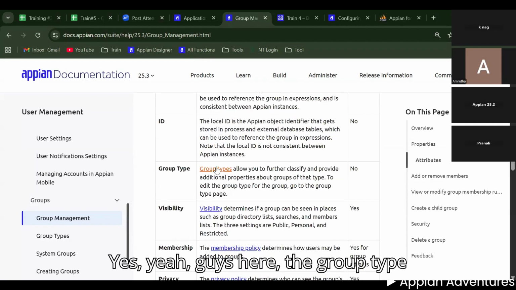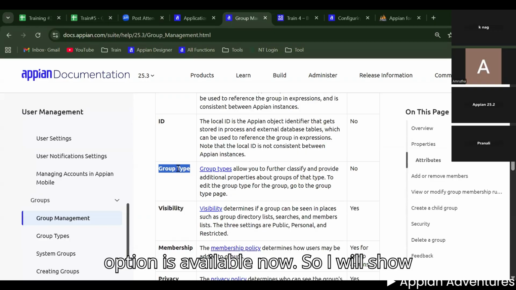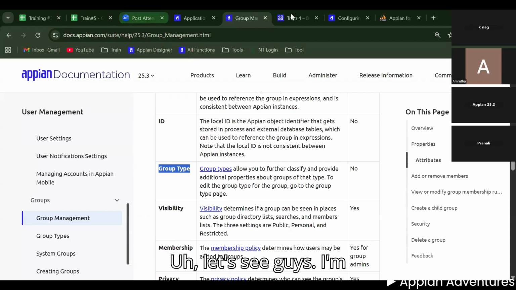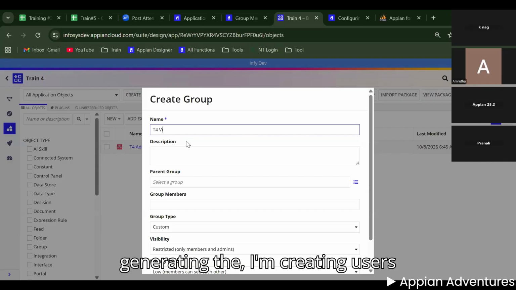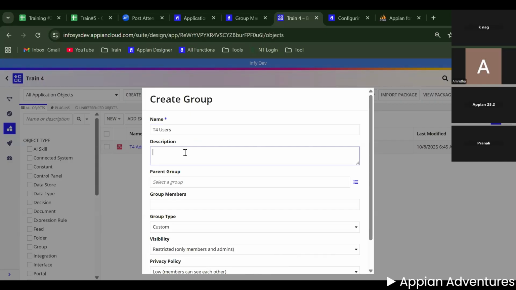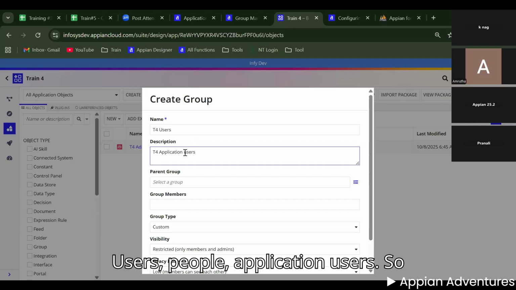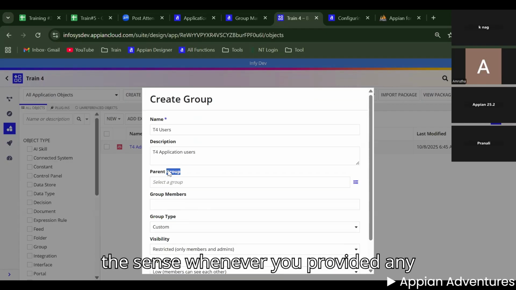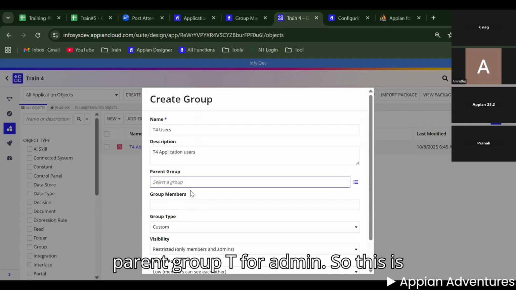Yes. Guys, here the group type option is available now. I will show you what is meant by the group type. I'm creating a T4 users group, T4 application users. So, guys, parent group in the sense, whenever you provide any parent group here,